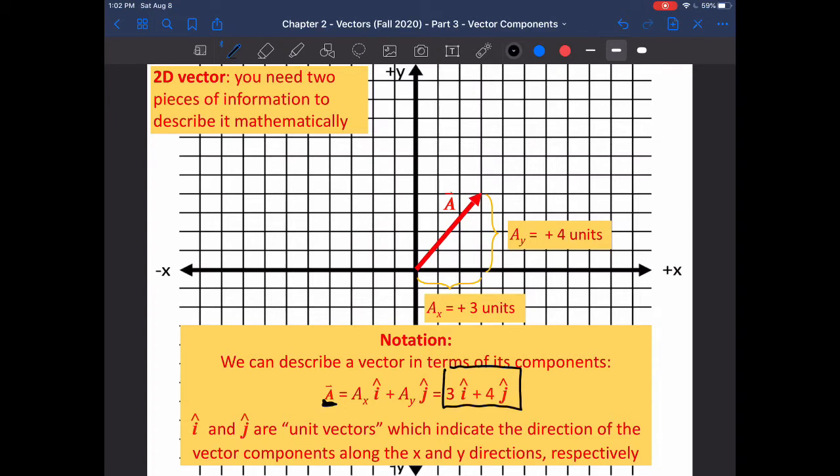Why do we do this instead of doing what you do in math class, where you may say 3, 4, or something like that to define this vector? Well, first of all, right now I'm drawing the tail of this vector such that it starts at the origin, but as I told you earlier, this vector is still 3, 4 if I draw it right here, right? It's still 3 units in x and 4 units in y, right? Which is not typically how you would draw something in math class. And separately,